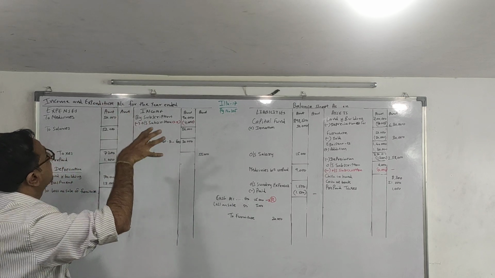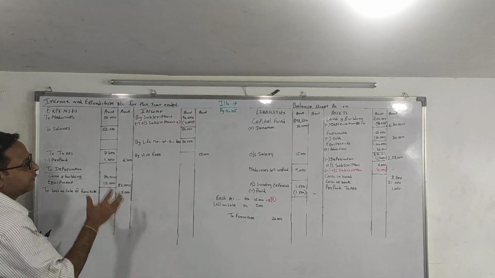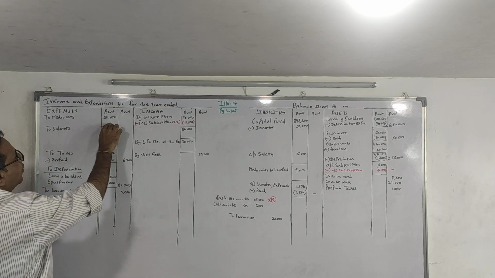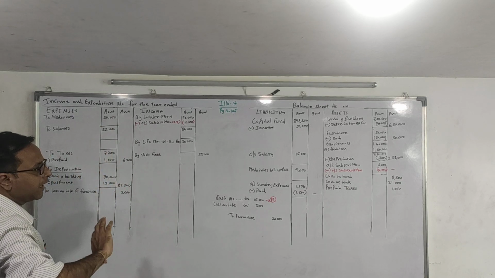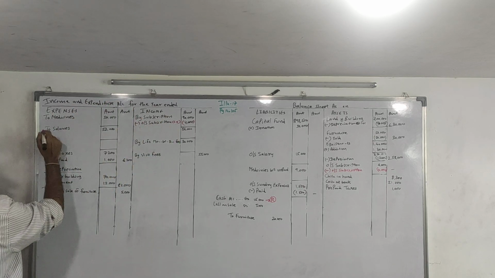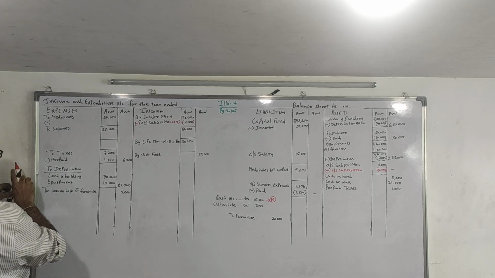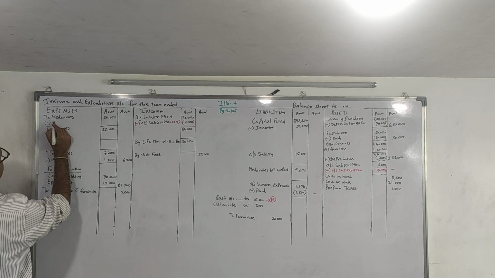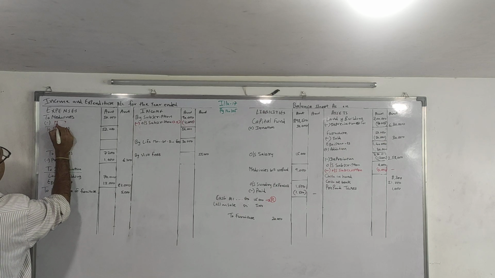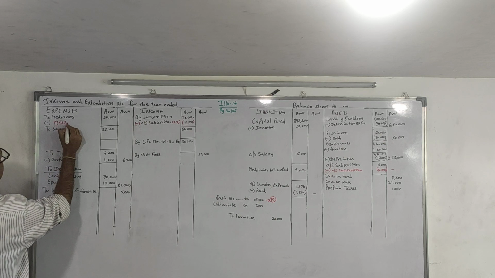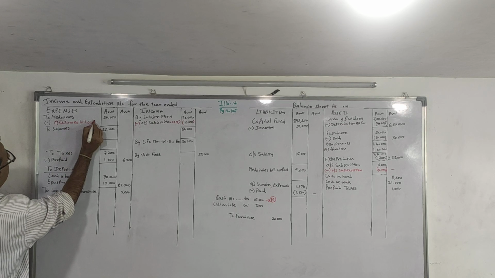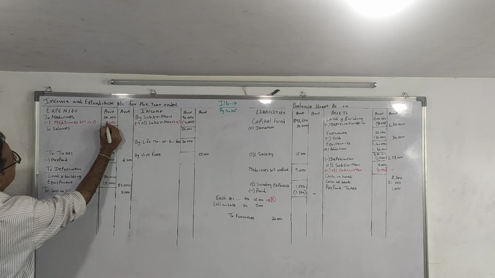So again, in this income and expenditure account, we have to write expenditure and income of the current year only. I have made a total payment of 50,000. Of that, 9,000 is medicine bill of last year. So what we will do? We have to reduce it. Less medicine bill of last year 9,000.